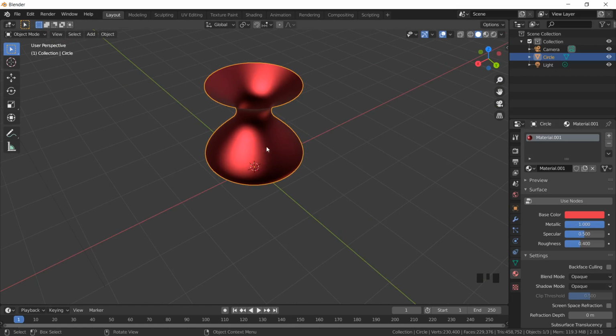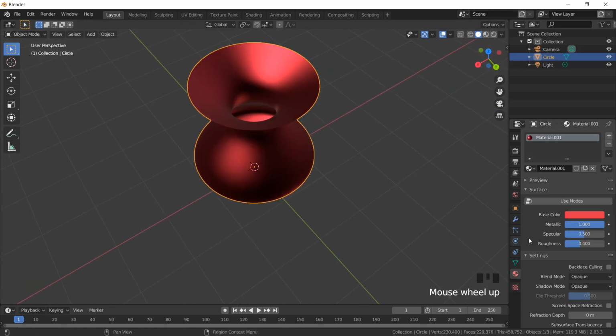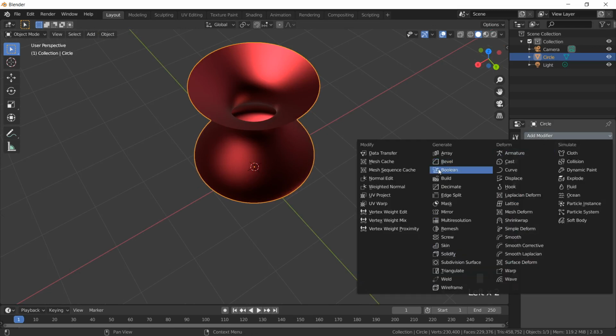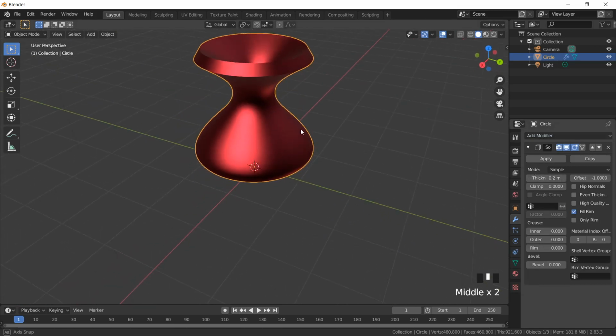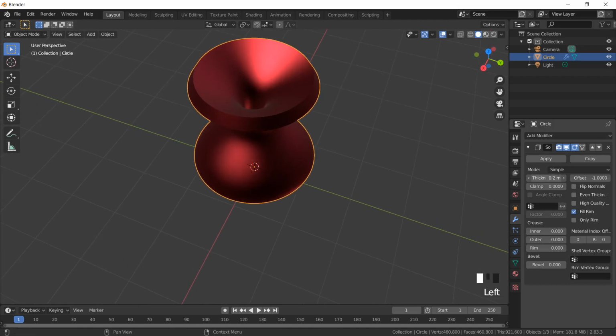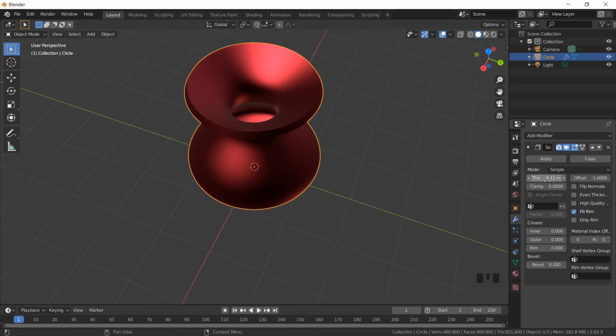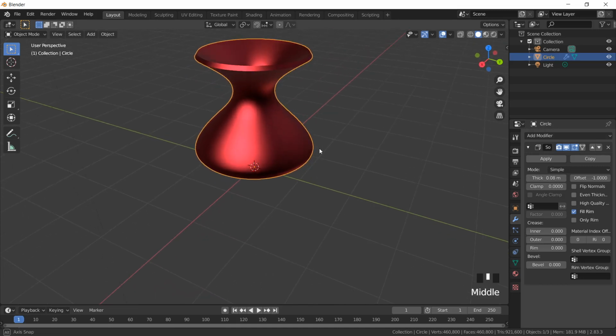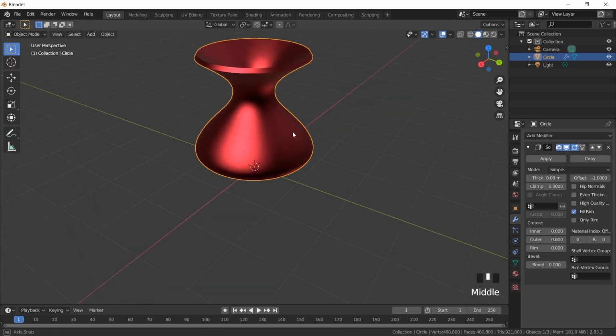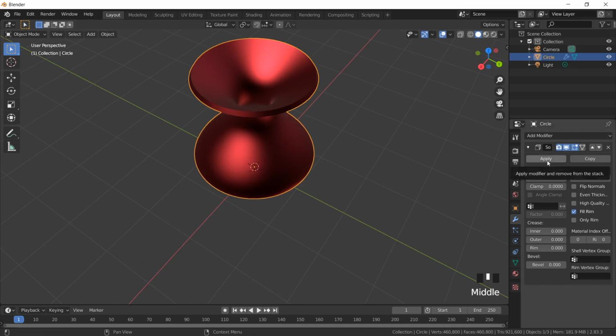Let's add a little bit of thickness to this vase. When I want to add thickness, I will go to modifier, select add modifier and then go for solidify. In solidify, the moment I increase this thickness you can see this vase is getting some kind of thickness over here. So if I want to add thickness, I can increase and decrease thickness. Yeah. So when I want to add some thickness to my object so it looks like a realistic effect, I can work with my solidify modifier.